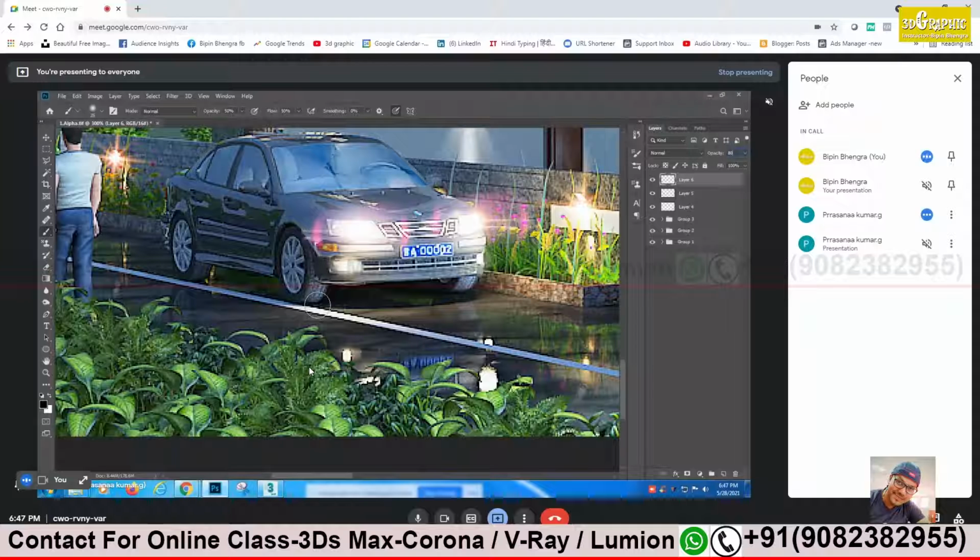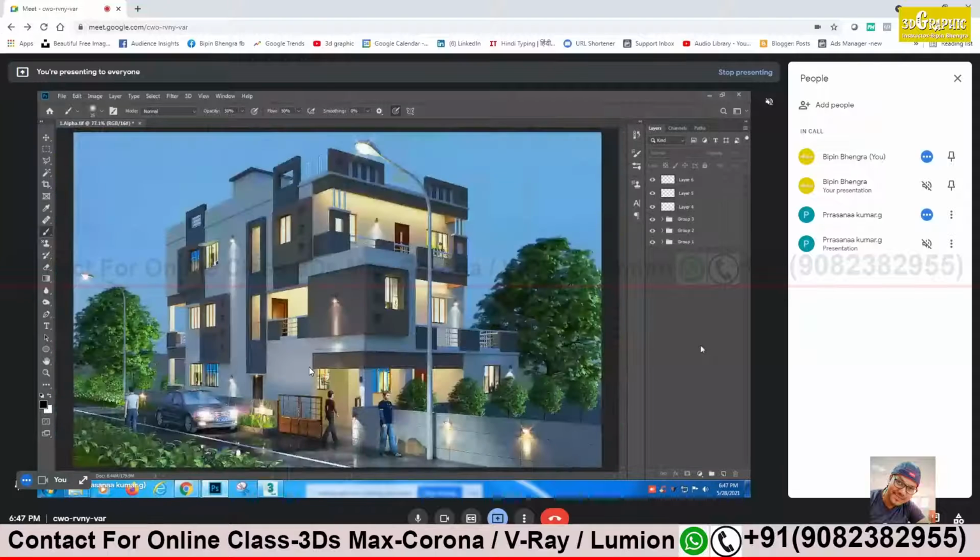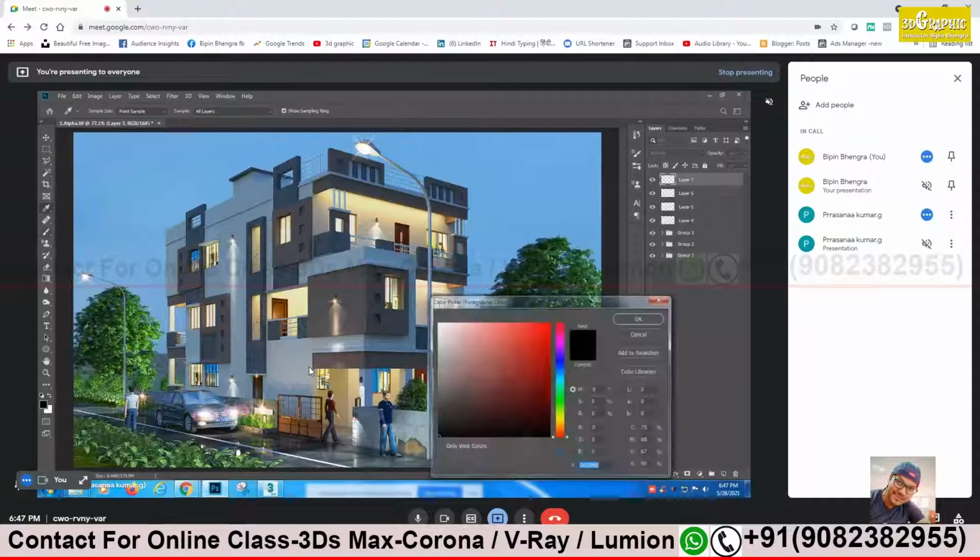Just near the tire, a dark area should be there. Yes, fine. You can see that now. Perfect. Okay, this is done. Now I will try the tail light, which has some red color.